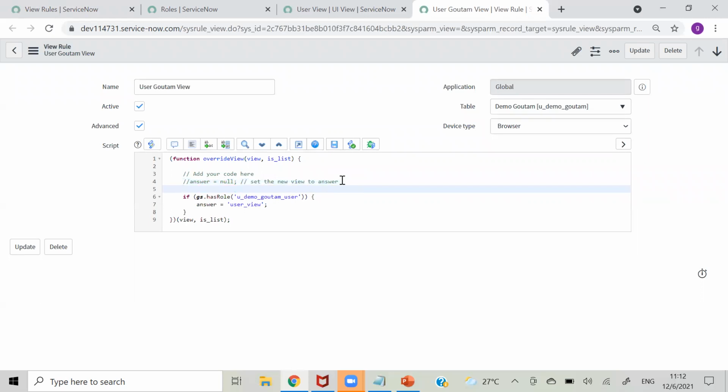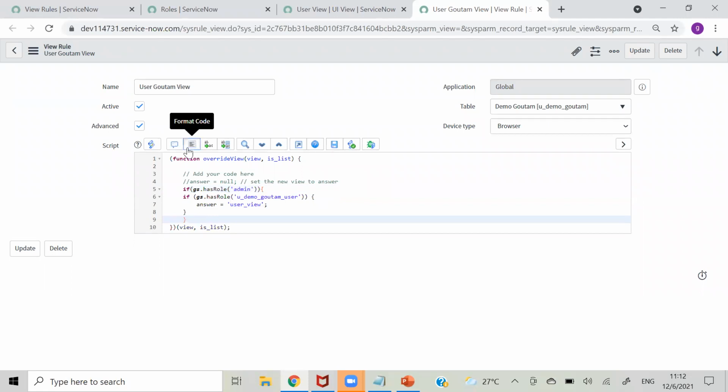Then if same gs dot has role inside admin was a role, right? So then I am opening our bracket, then I am closing after this. So first, I am checking here if has admin. To make it not, I'm adding an exclamation mark at the start, so if not admin, it will go inside.